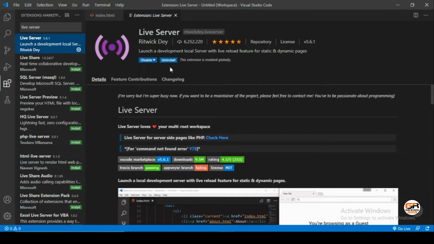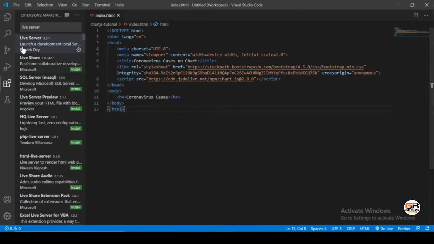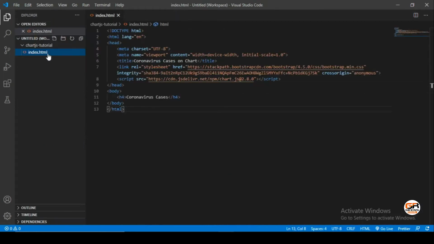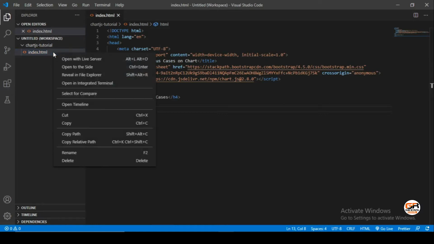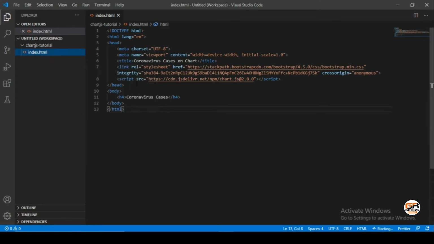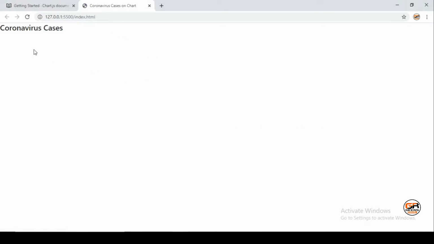I have already installed it, so I do not need to install it again. Just close it. To run via the live server, right click on the file and open with live server. As you can see, our file is now serving at port 5500 with the name of the file.